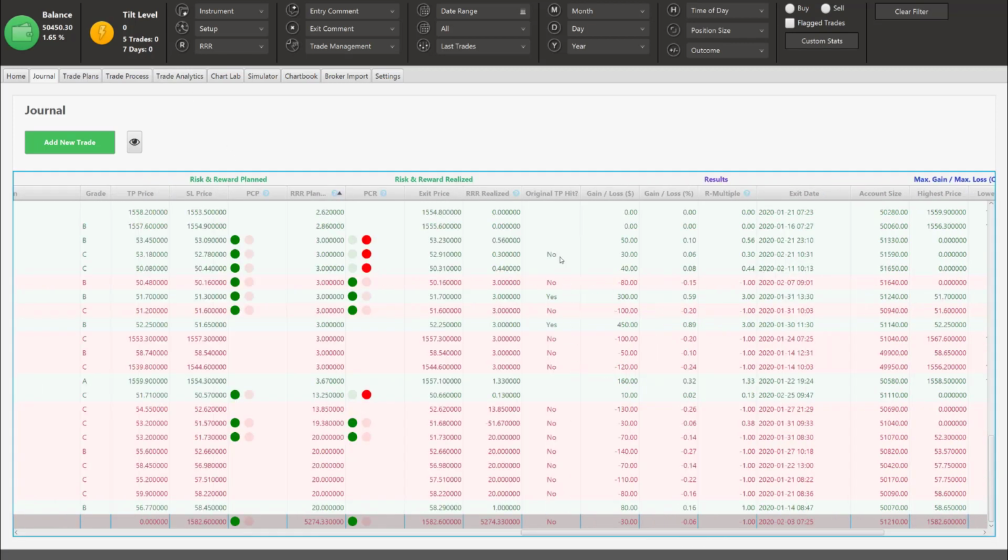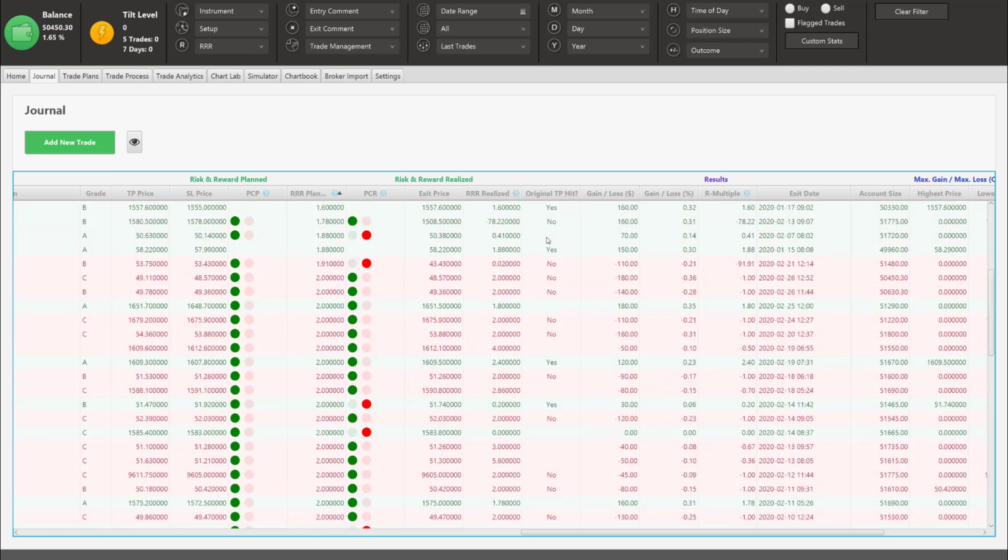Another thing that I would really recommend, because the OTP hit field activates your trade management graph. So what I would really recommend is that you fill out your OTP hit field as precisely and as well as possible. Don't leave any blank